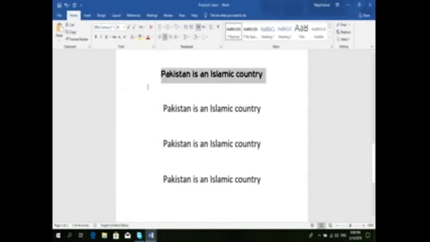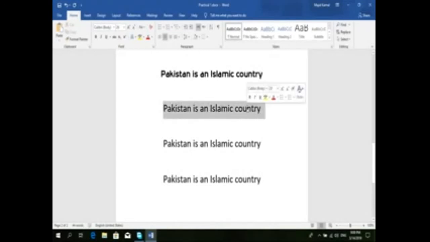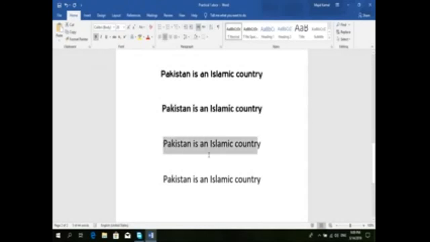You see different types of font styles here, and you select any word or sentence. For bold, you click the B symbol on the Home tab. Then the word is in bold.